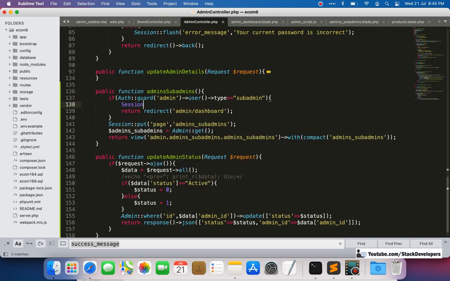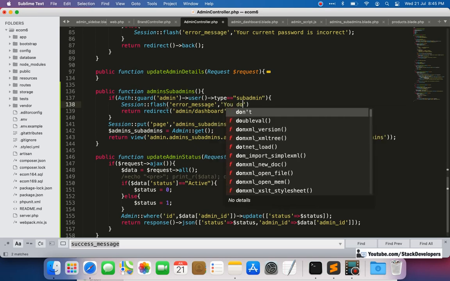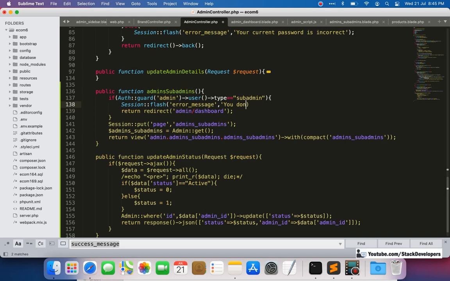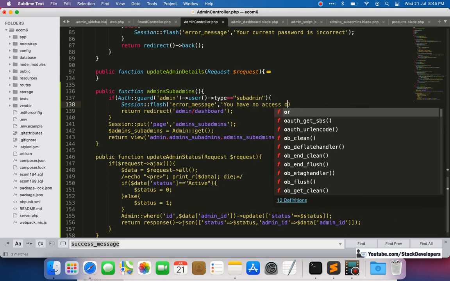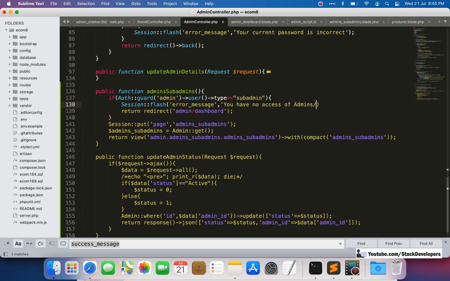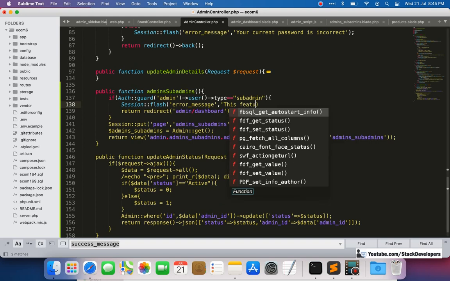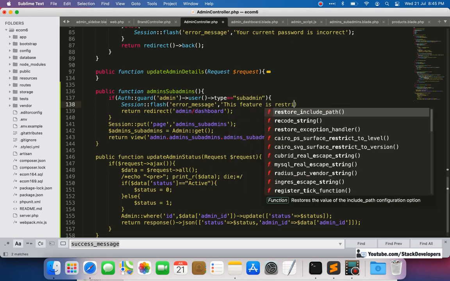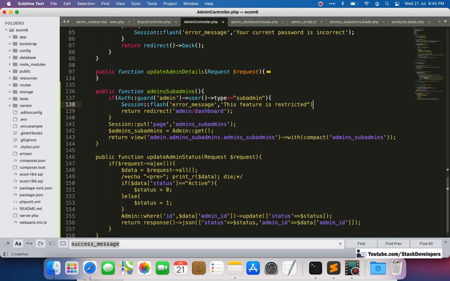We can simply put session flash, we can give error message, and the error message: you have no access to admin subadmin, or this feature is restricted. Any message you can give. Okay,